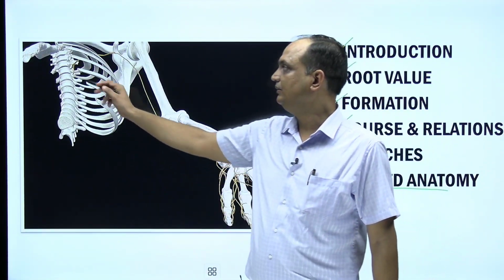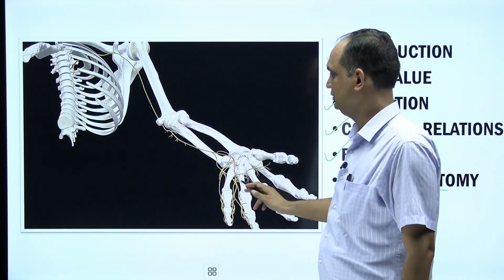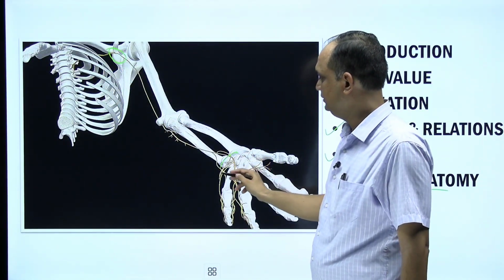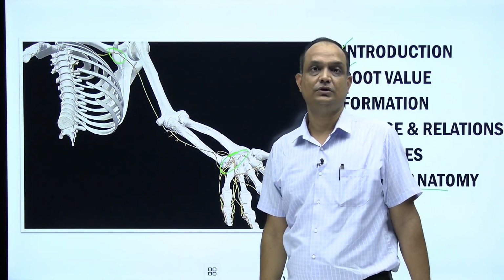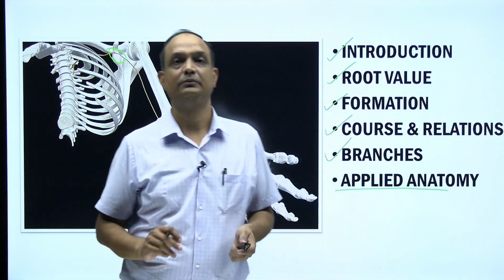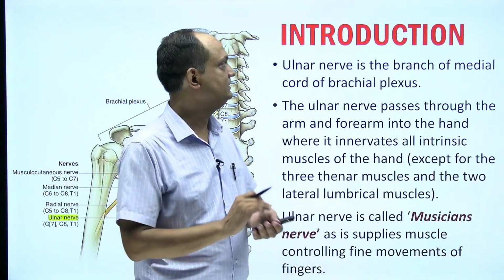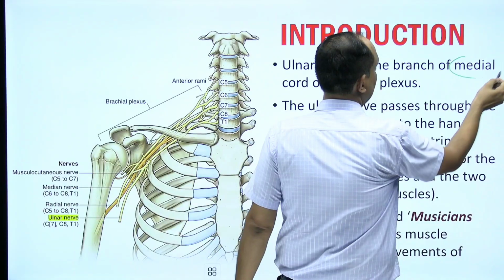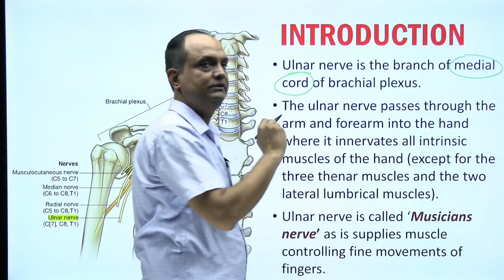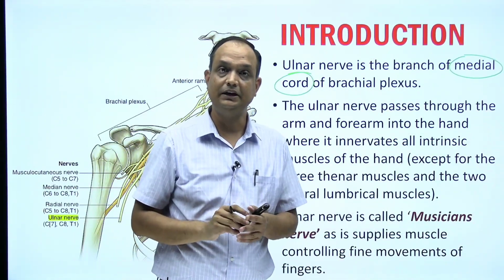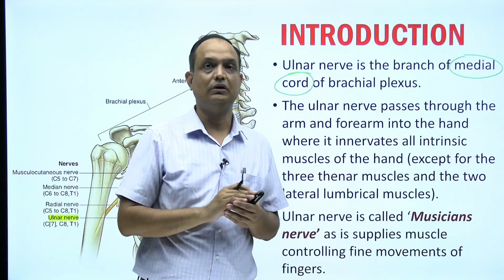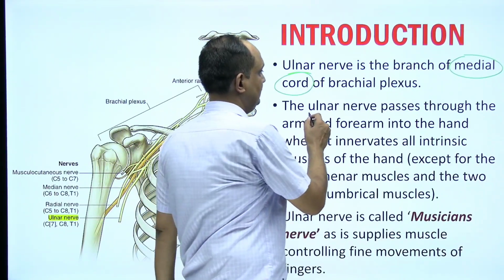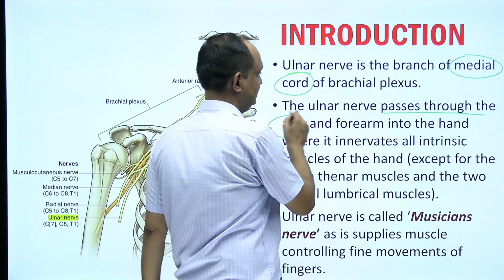Now, the ulnar nerve has a very long course. It starts high in the axilla and terminates at the proximal part of the wrist joint, where it divides into its terminal branches. The ulnar nerve is a branch of the medial cord of the brachial plexus. The brachial plexus has three cords: lateral cord, medial cord and posterior cord. The ulnar nerve comes from the medial cord and passes through the arm,